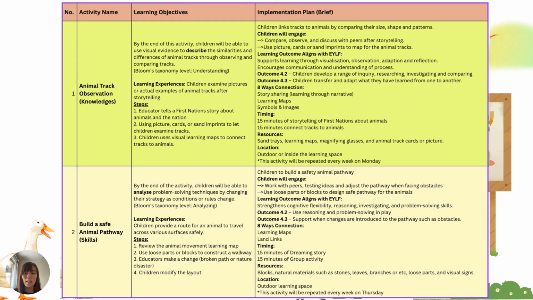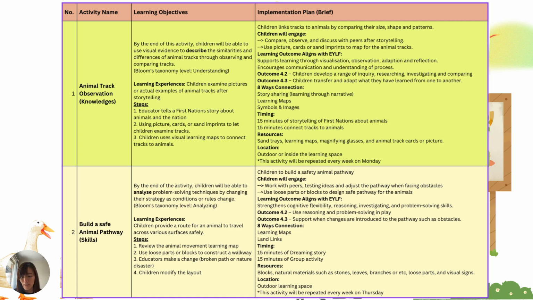Now, this is the table that I designed for children, which focuses on the child's development in Part A. The first activity is animal track observation. The objective of this activity is that by the end of the activity, children will be able to use visual evidence to describe the similarities and differences of animal tracks through observing and comparing tracks, which aligns to Bloom's taxonomy level understanding. And the activity starts with story sharing, introducing tracks from First Nations stories about animals, followed by guided